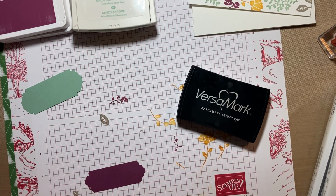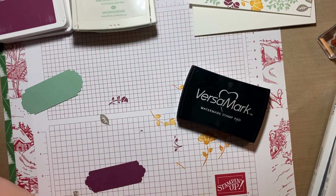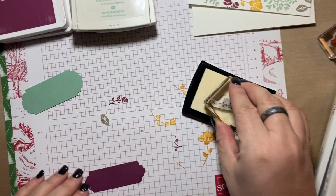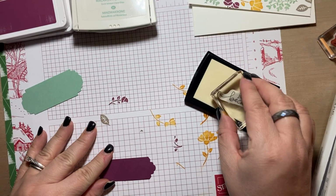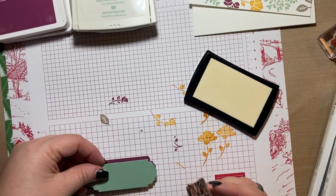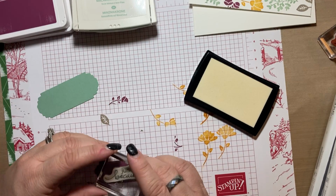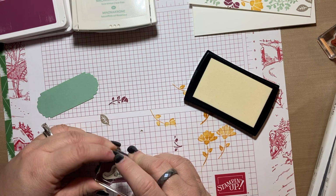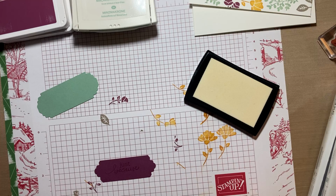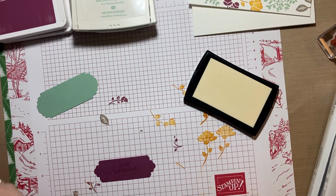I use it for many things, so I'll just go ahead and use some Versamark and put it. You can use this as your top one if you want. Just cut it appropriately. So there's my just because. It's a little bit high, but